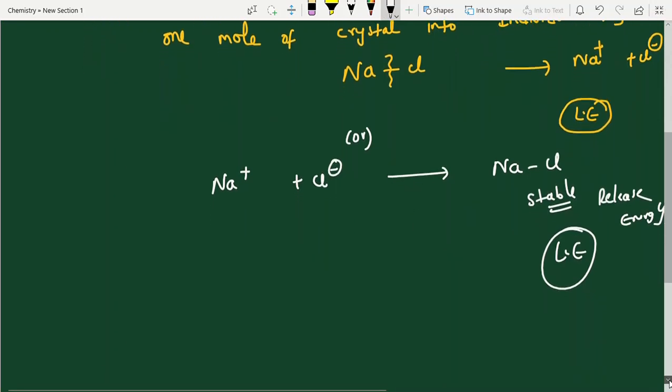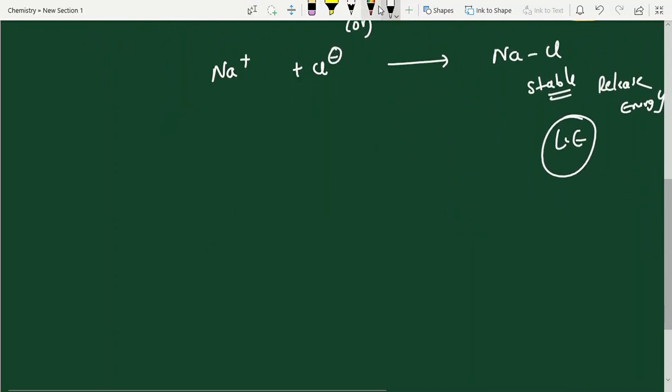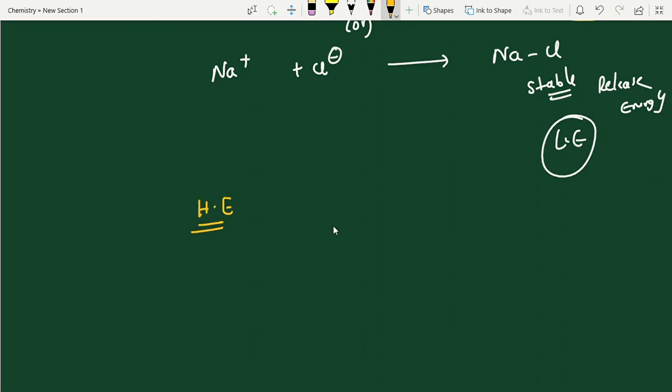What is hydration energy? Hydration energy I am also explaining briefly. I am not giving more explanation of the concept, only shortcuts. Suppose lithium ion is there, LiCl. If you put it in water, what happens? Soluble or not? Yes, it's soluble. Why? Because this is a polar compound and this is a polar solvent, minus and plus. Two opposite ions, two atoms of different electronegativity, definitely polarity develops: polar solvent, polar compound.